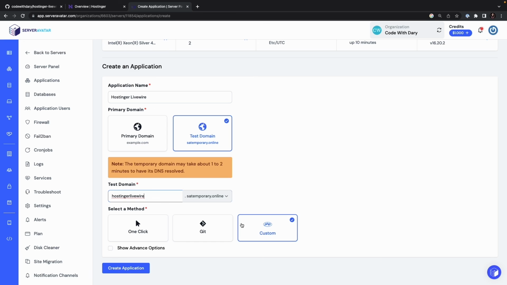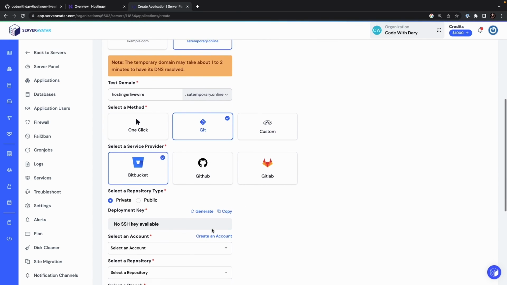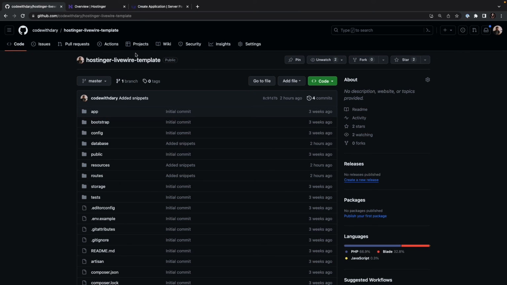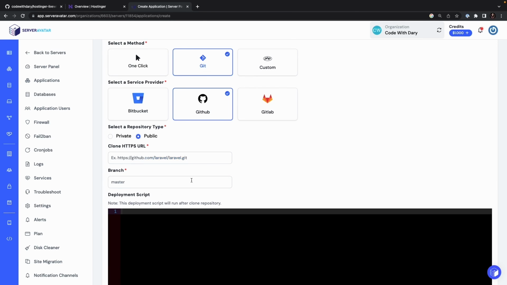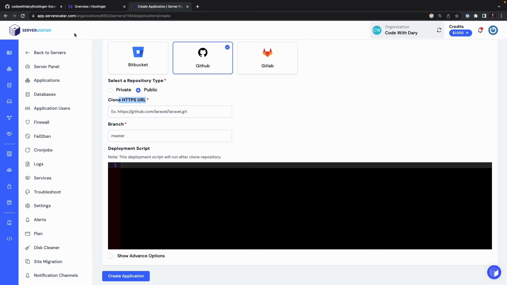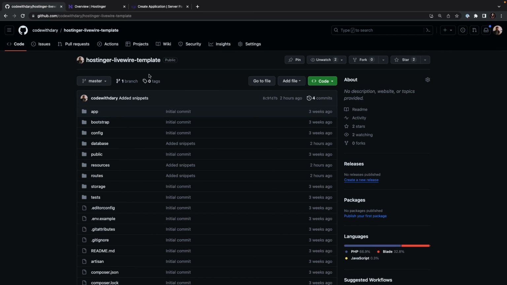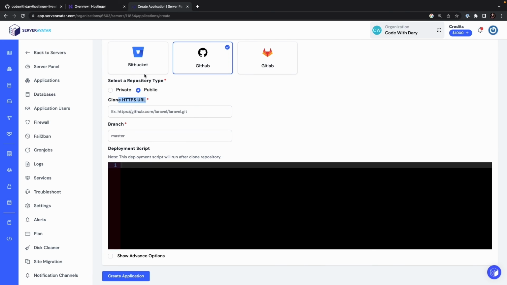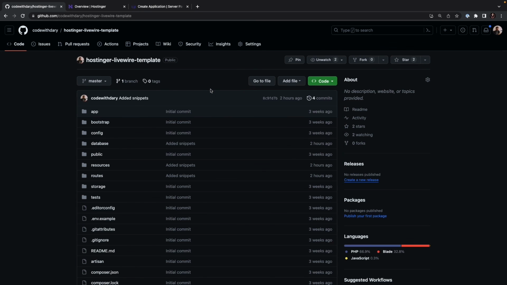So the most obvious choice for me is to use the Git option. Then we need to select the provider, which will be GitHub in my case. The repository type for me at the moment is public. So let's click on public, where we simply need to clone the HTTPS URL. So if we navigate back to our repository, click on code, say HTTPS, copy it, navigate back to server avatar, paste our HTTPS URL right here, select the branch that we want to use, which in our case will be